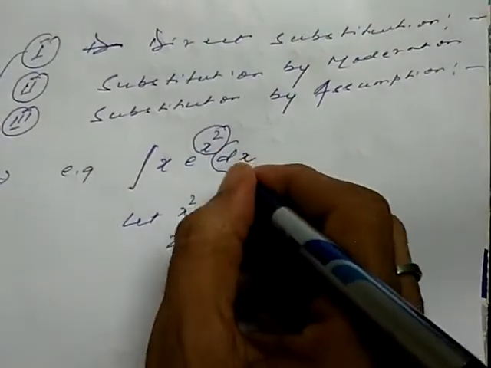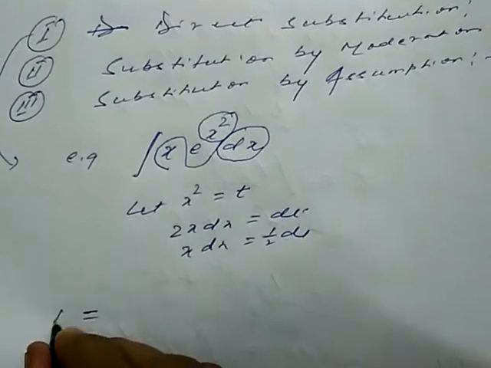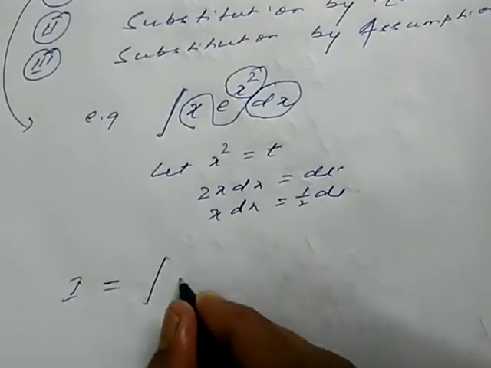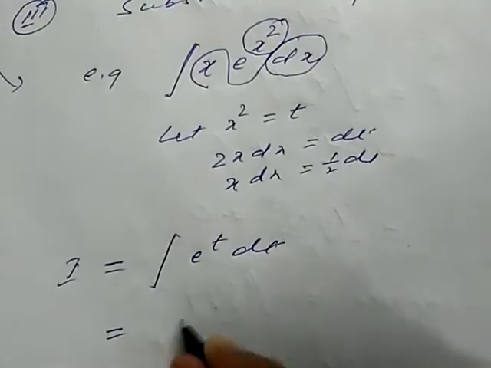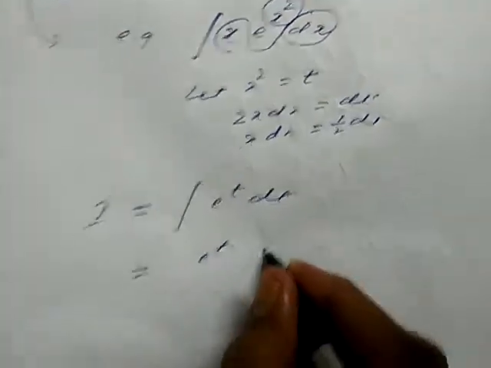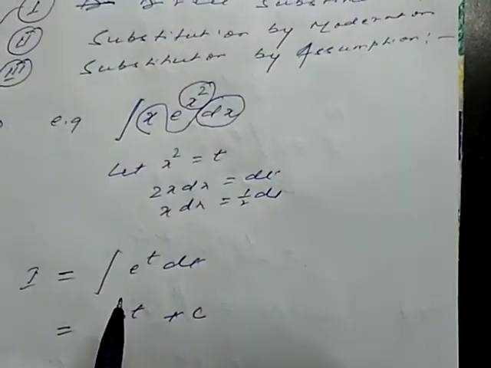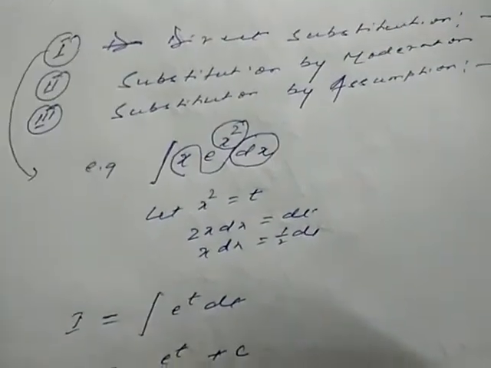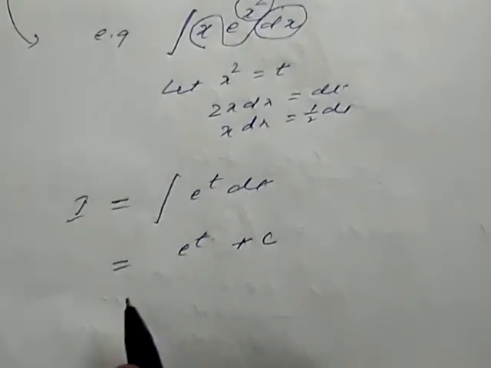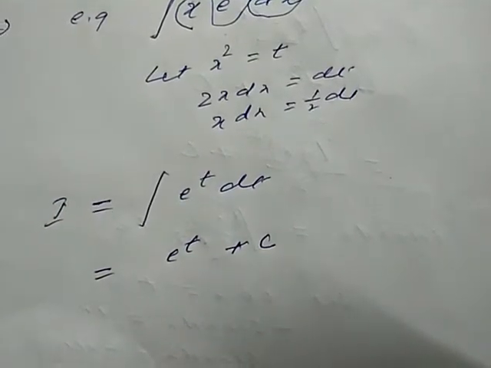So we got a substitution for dt. So I is the integral of e to the power t dt, and we have made the standard form, and this is e to the power t plus c. So by doing so, we are looking at the direct substitution here. The substituted term is visible, and we got it. As earlier we went with log x, where the substituted part is there, so we can easily solve that.